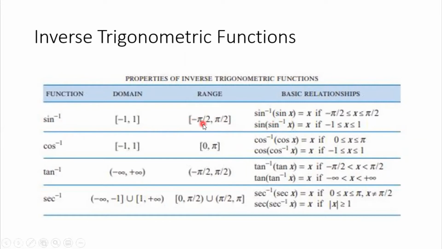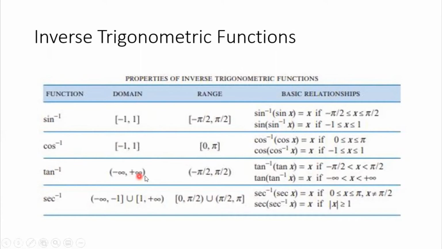In this case, we only consider the interval from -π/2 to π/2. And the sine function has a range also, which is -1 to 1, which is now the domain of the sine inverse. Okay? Cosine inverse has a domain of this interval, then it has a range from 0 to pi,